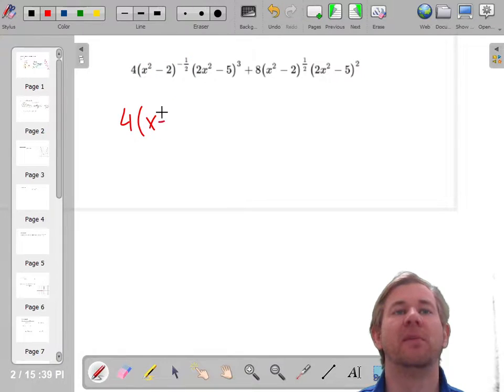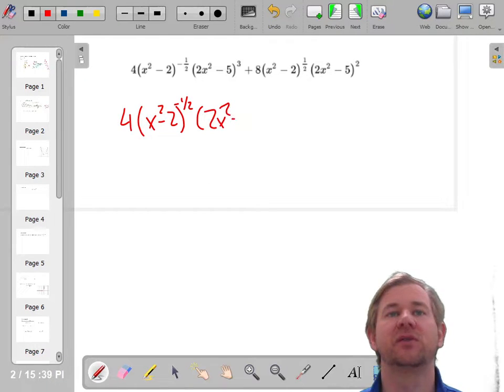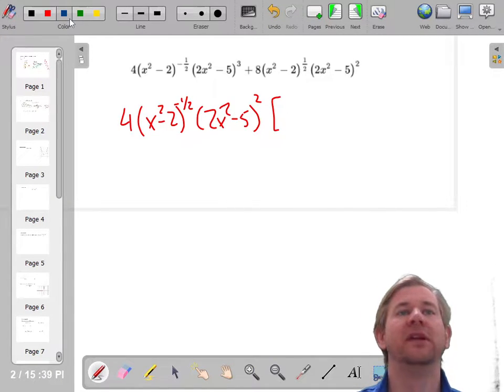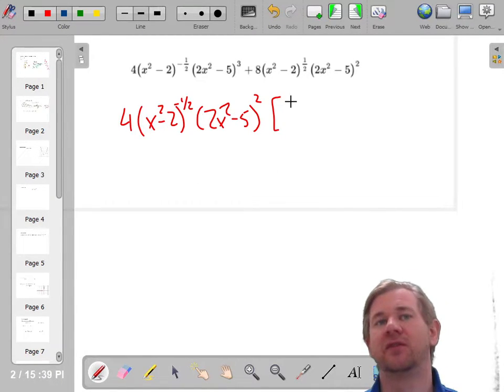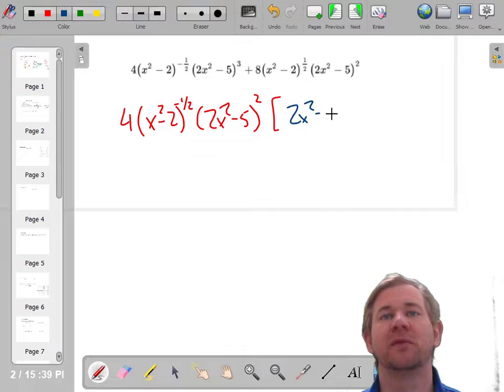One thing you hopefully remember is that whatever the exponent is, the negative one, that's the one that's getting factored out. And then 2x squared minus 5. This guy has 3 of them, and this guy has 2 of them, so I'll factor out 2 of them. What will be left on the inside? I factored out the 4. I factored out my x squared minus 2's. I factored out 2 of these, but there is another 2x squared minus 5